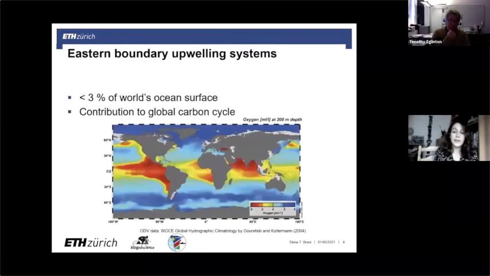My study sites are distributed all over the world and focus on features which make up less than 3% of the world's ocean surface, namely eastern boundary upwelling systems and their accompanying oxygen minimum zones. These are shown here on this map of oxygen concentrations in the water column. Eastern boundary upwelling systems are connected to the high productivity regions of continental shelves, which are known to contribute largely to the global carbon cycle, even though we don't know whether they are a sink or a source of CO2